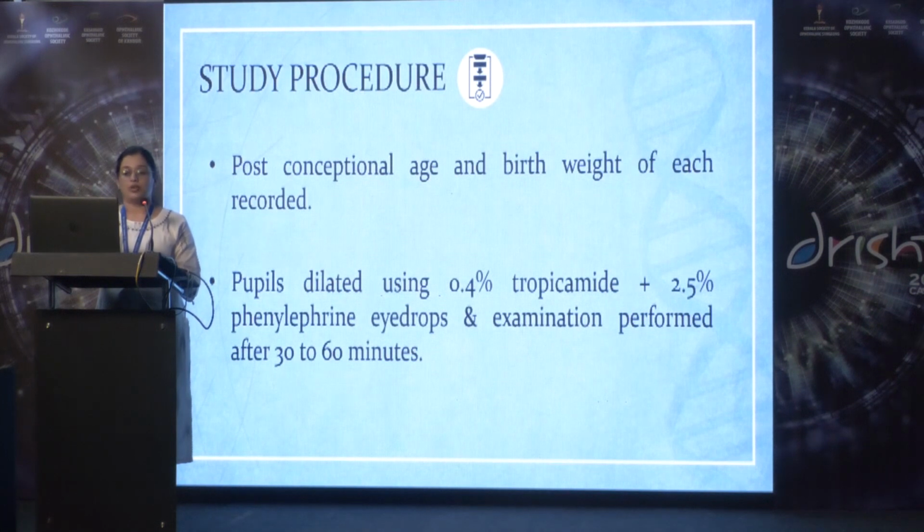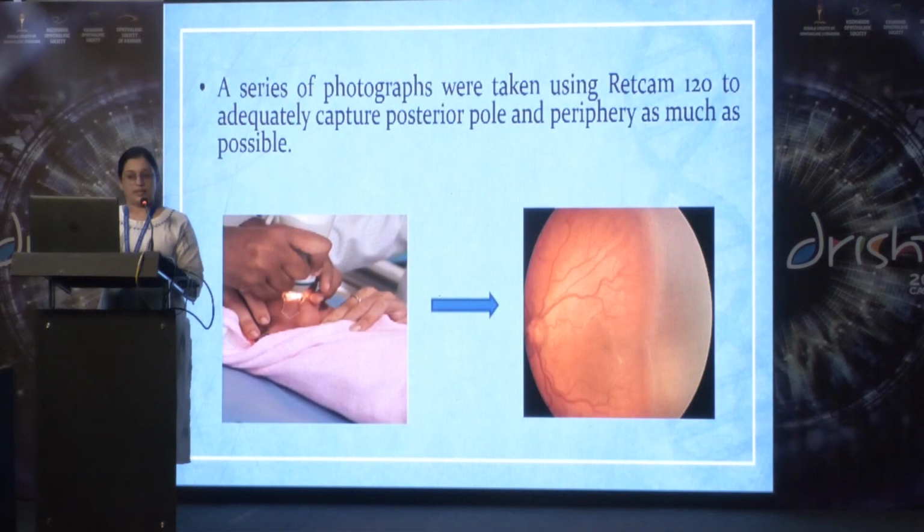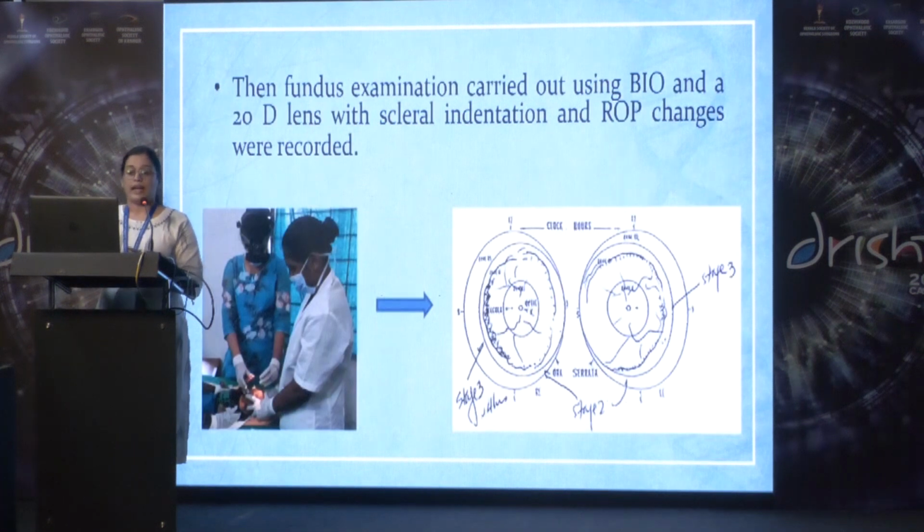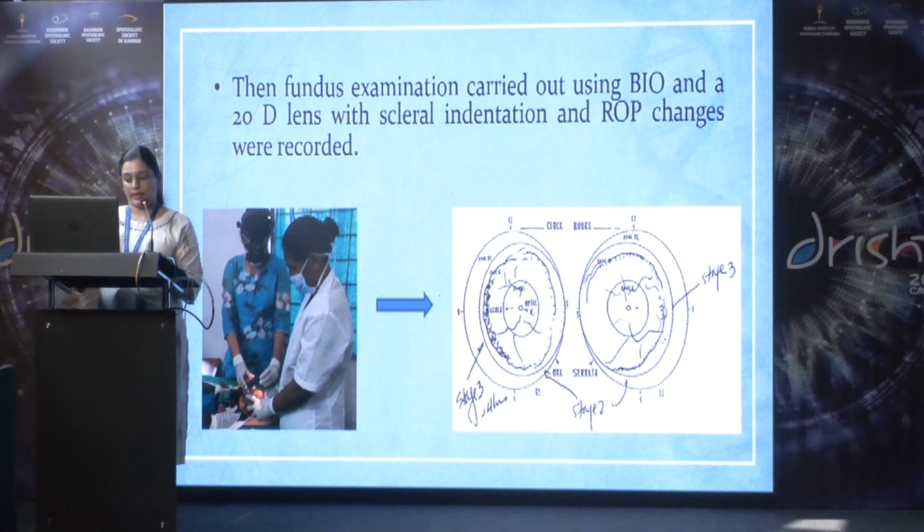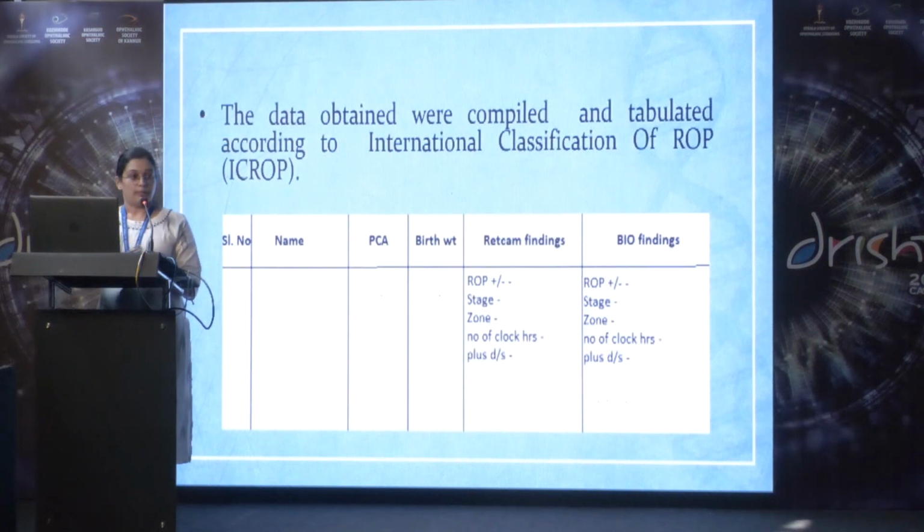Study procedure. First, the post-conceptional age and birth weight of each infant were recorded. Then the pupils of each infant were dilated and examination carried out after 1 hour. At first, RETCAM examination was carried out and a series of photographs were taken using RETCAM 120 to adequately capture the posterior pole and periphery as much as possible. And then the fundus examination was carried out using binocular indirect ophthalmoscopy and a 20 diopter lens with scleral indentation, and ROP changes were recorded. The data obtained by both these examinations were compiled and tabulated according to the international classification of